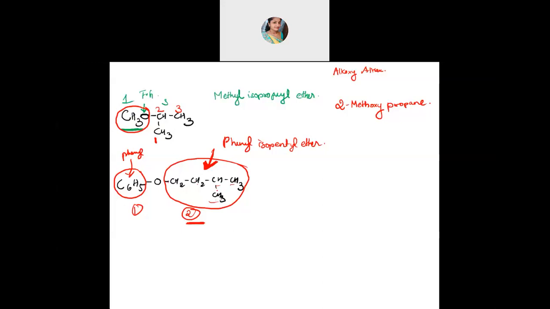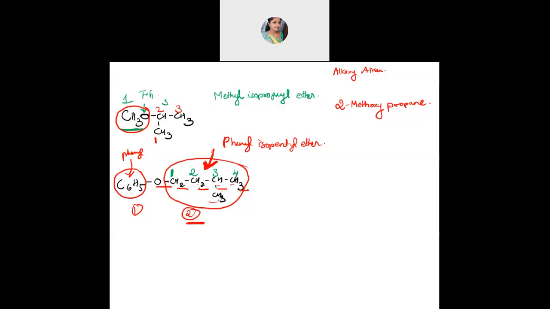So what is that alkoxy part here? See now, there is a little twist. If you see, it is oxygen, then 1, 2, 3, 4. Four is butoxy, but there is a branch. Again, there is a branch. So that branching you should number. Now I'll number this. Oxygen is attached here, which is a functional group. So the next carbon is 1, then 2, then 3, and then 4.